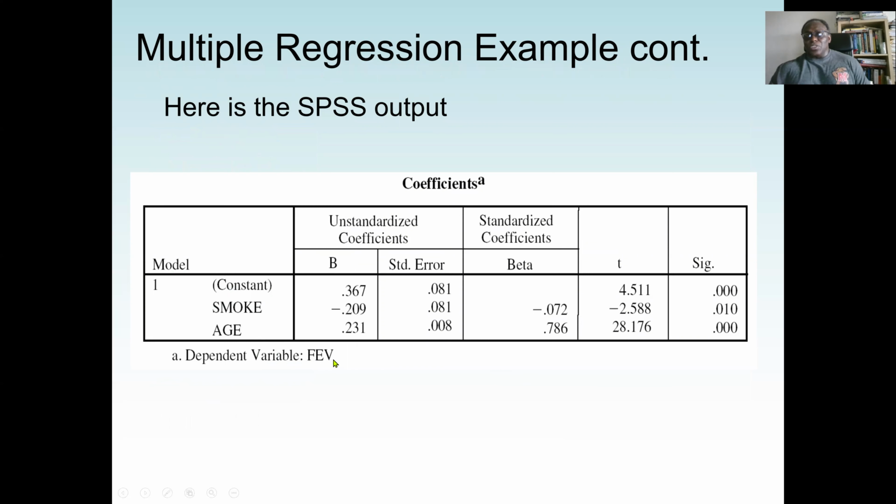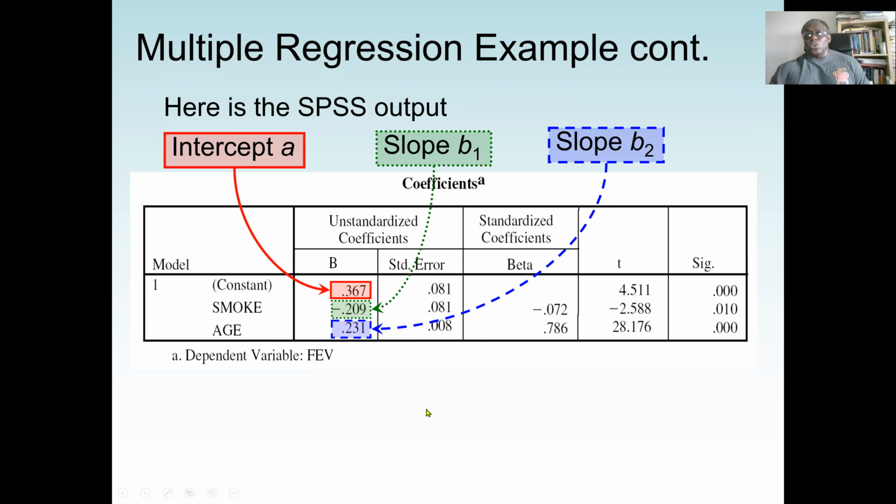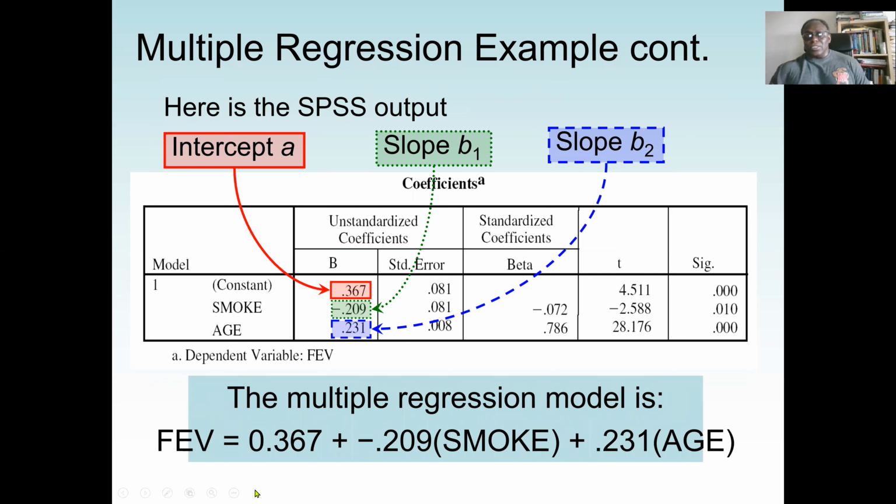So SPSS will generate our slope, intercept, everything for us. First, this is the intercept. Then we have the slope for smoking and also the slope for age. So we are using two variables, smoke and age. If this is the case, then this will be our model. The intercept is